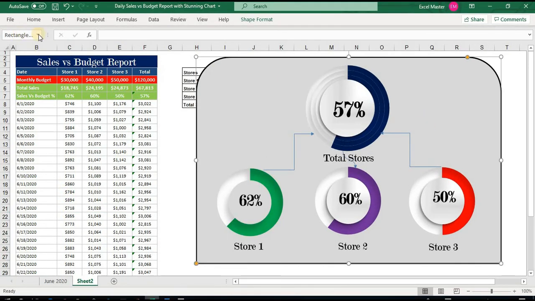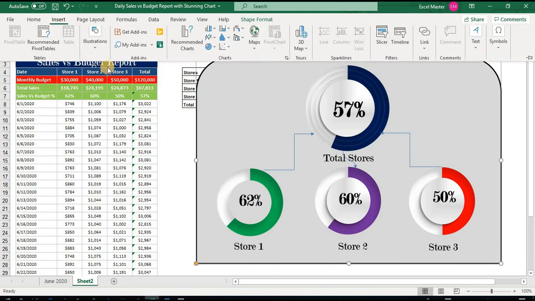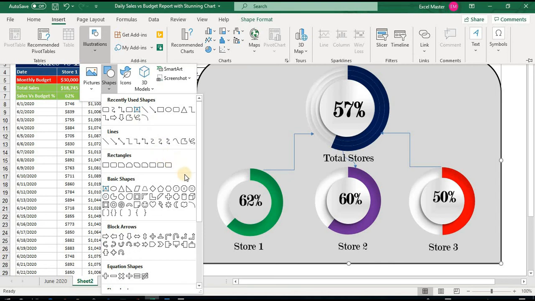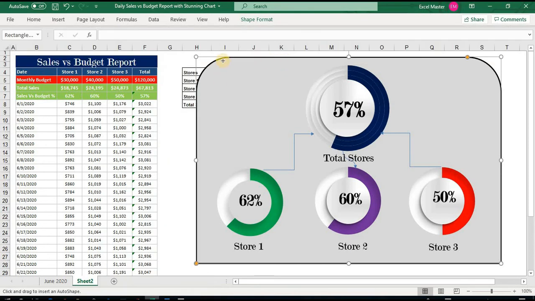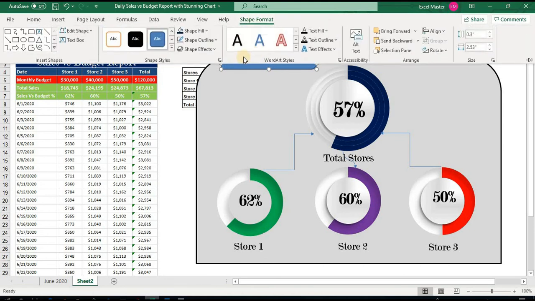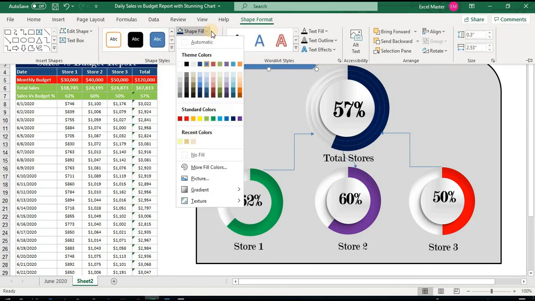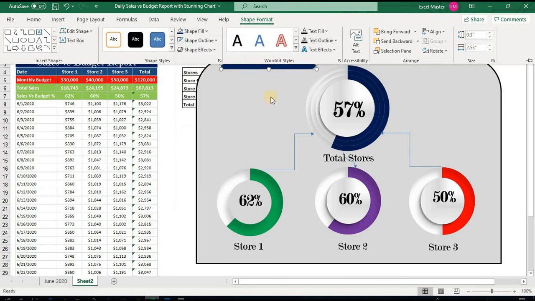Now we will insert a shape which is diagonal corners rounded, and we will draw it here, and we will make this shape to fit here, and we will change the shape outline to no outline, and shape fill color as a dark blue.